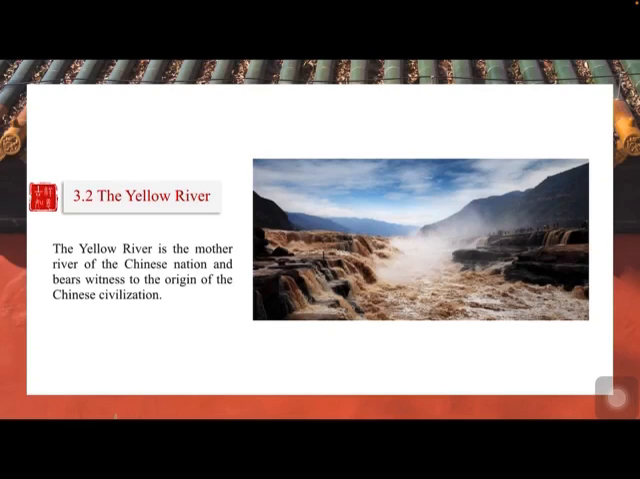Then we go to the Yellow River. The Yellow River means Huanghe in China. We call it Huanghe in China. Huang equals